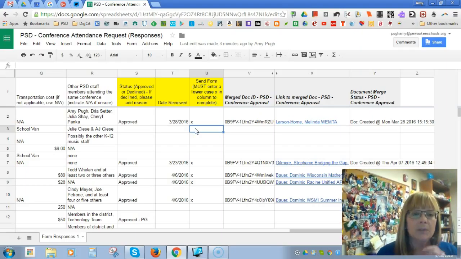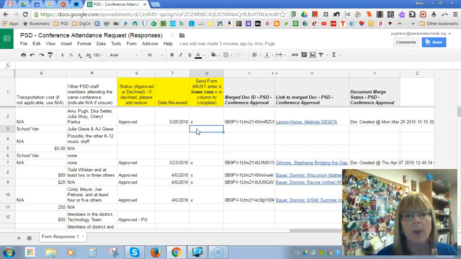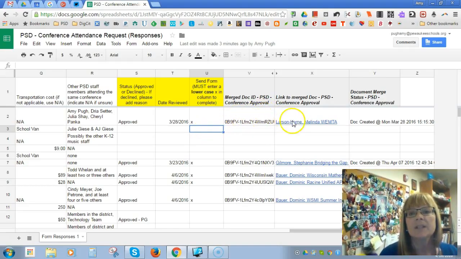So again, when you receive the email notification letting you know that change has been made to this spreadsheet, you need to come in, find your name as the approver, and then scroll over to this information here in these columns and either approve or decline, put in the date that you are approving or declining it, and then most importantly, put a lowercase x in this column, which at the end of the day, when I have it set to run the automatic mail merge, it's looking in this column for any X's. So if you omit that step again, then the person who is submitting the request will not receive this document,